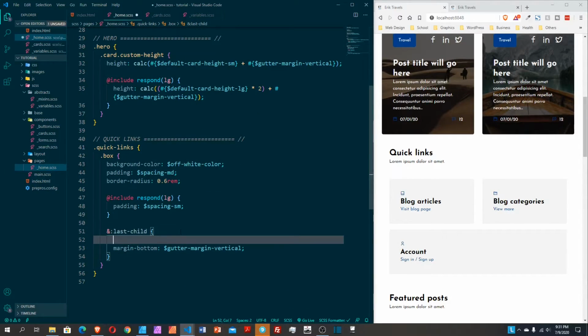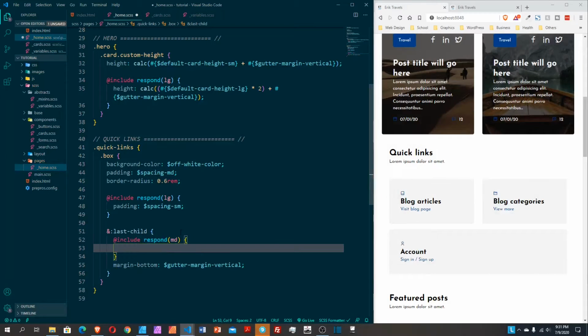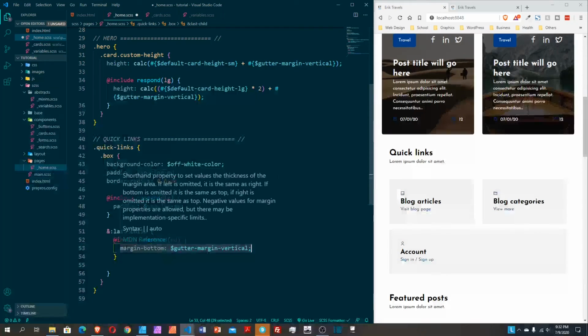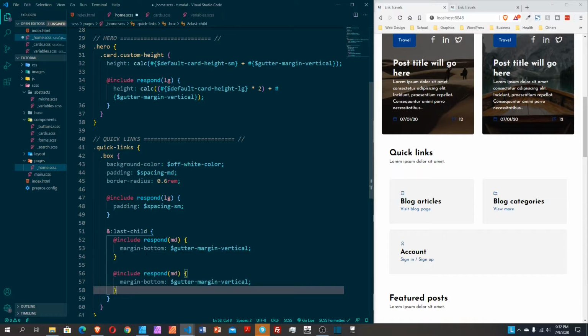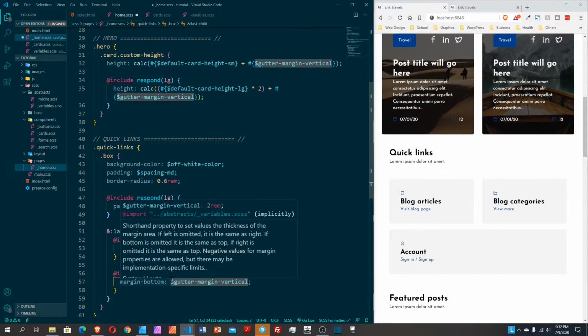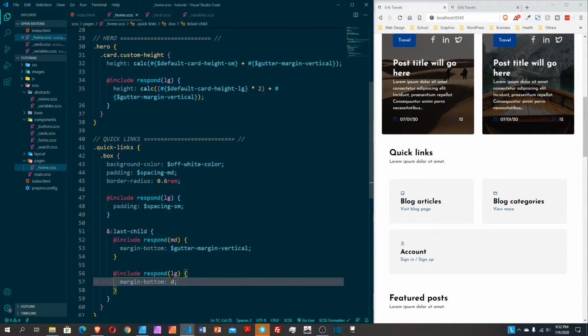Sorry, I want to do that just on the MD. Include this one MD, which is here, but on the LG no margin on the bottom. Let's say right here the LG, I will set it back to 0. Save it,